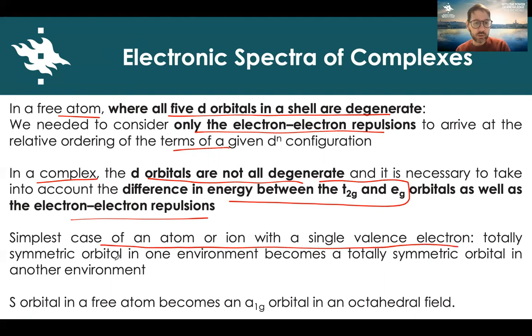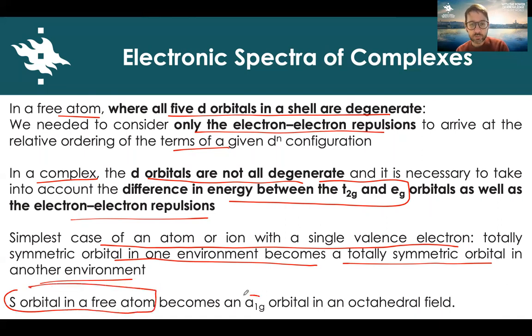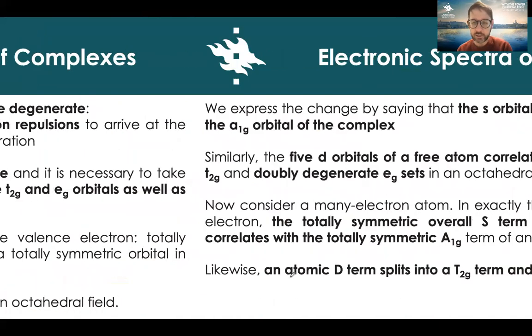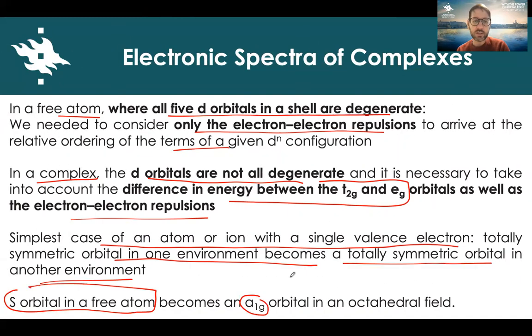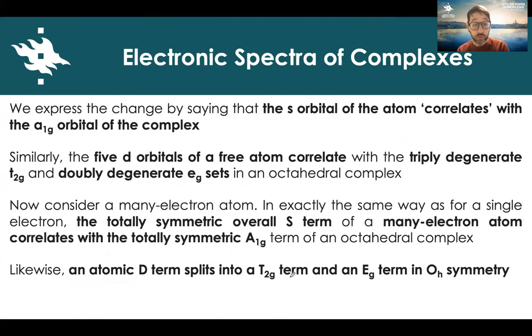the totally symmetric orbital in one environment, a free atom, becomes a totally symmetric orbital in another environment. So the s orbital, which is totally symmetric in a free atom, will become, for example, an A1g orbital in an octahedral field. And here, the important thing is that A1g represents the totally symmetric configuration. So we express this change by saying that the s orbital of the atom correlates with an A1g orbital